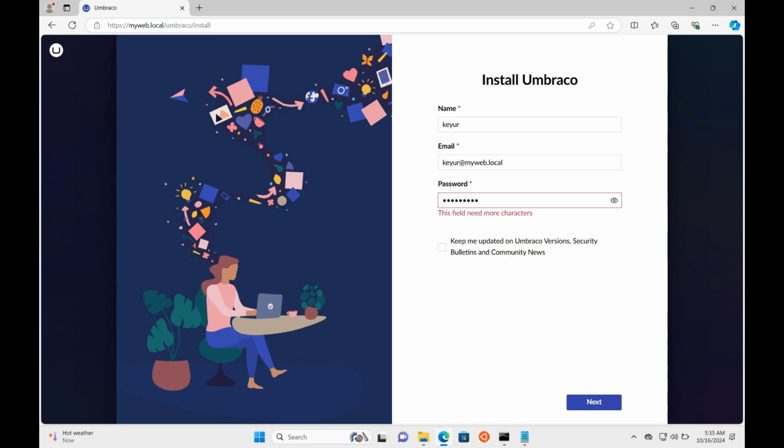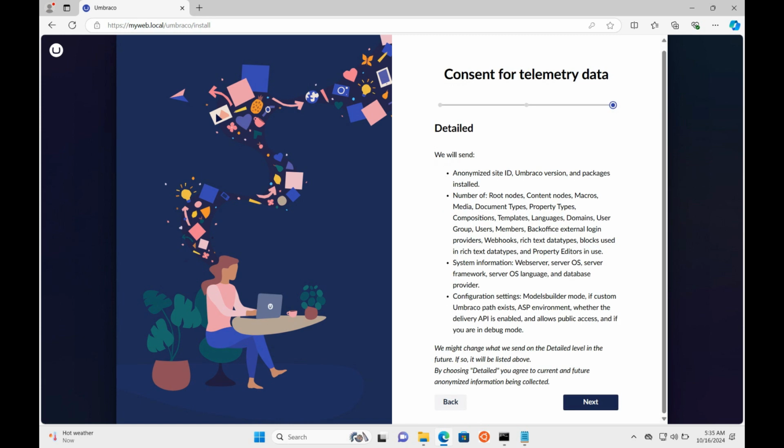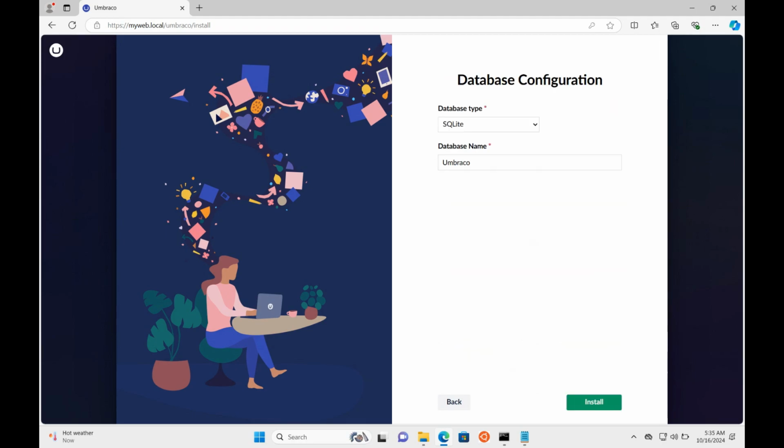In this tutorial series I am not going to use SQL Server, so that it's going to be the easier part. It's just a tutorial, so it's easy to install on any PC. So I am just installing Umbraco with SQLite